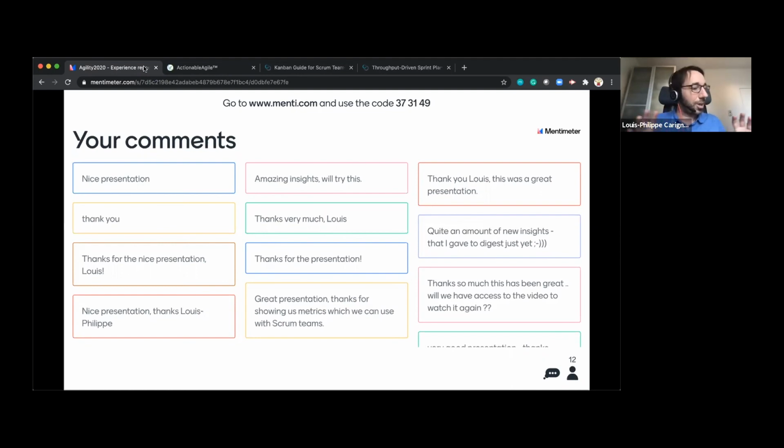So this whole conversation about, is velocity going down? Well, we can expand on that and say, okay, throughput is going down, and that's because there are bigger chunks of work coming in. They're not small pieces. They just have to work on bigger parts right now for next month. So cycle time will go up, throughput will go down, and let's just keep track of that.